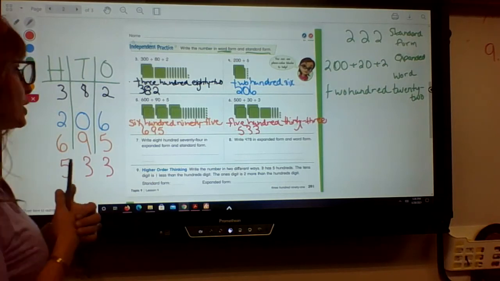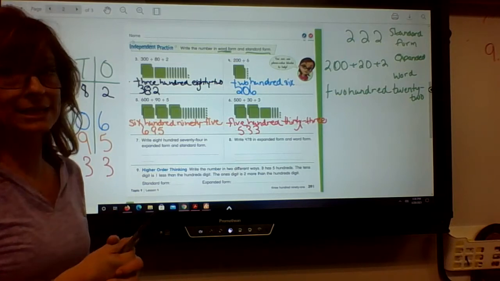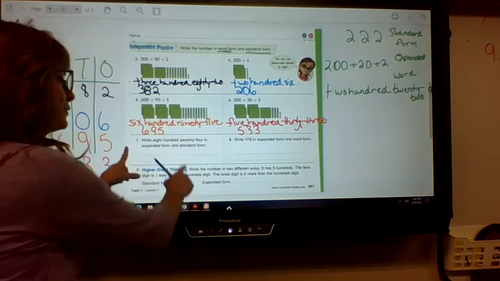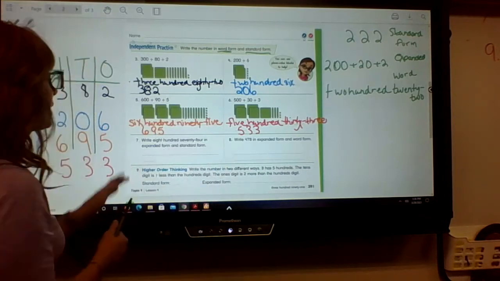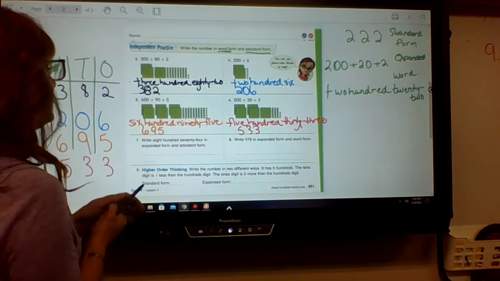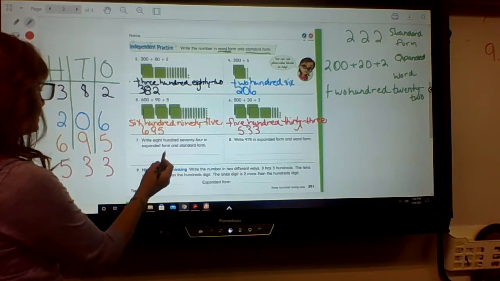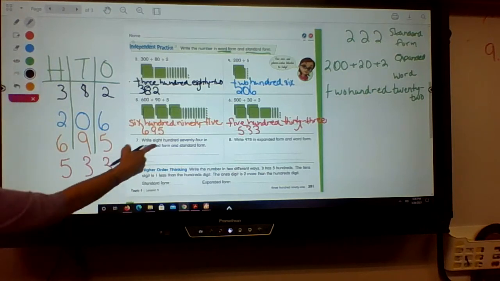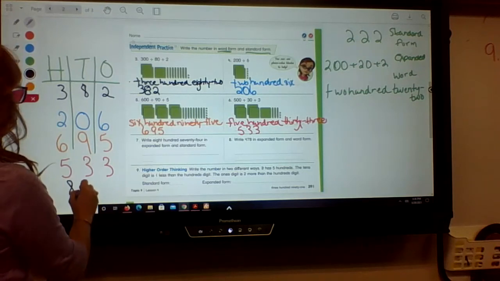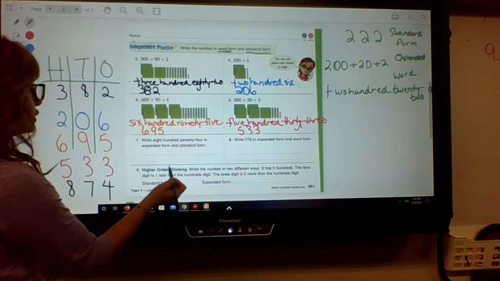All right, number 7. Write 874 in expanded form and standard form. So they gave you the word form, which I know some of you would rather do these two than the word form. All right, write 874 in expanded form and standard form. All right, so we have how many hundreds? Can you see this? How many hundreds? 800. How many tens? 70. How many ones? 4. So we have